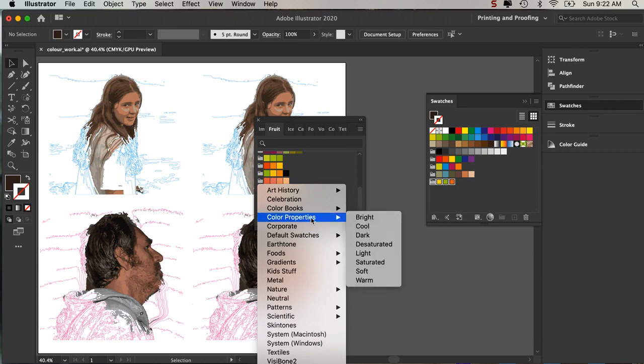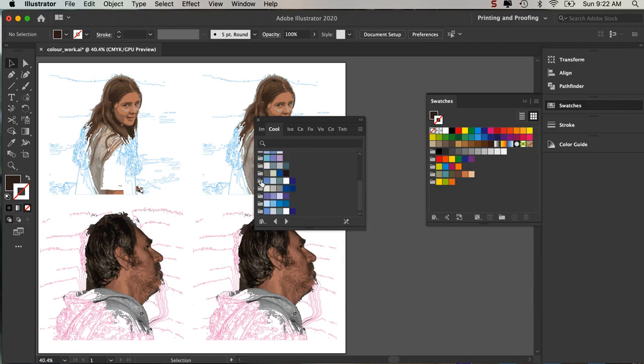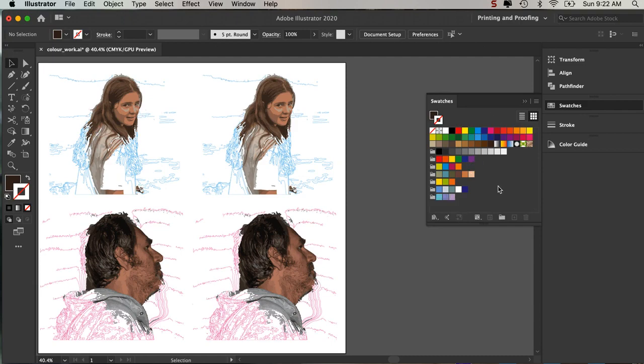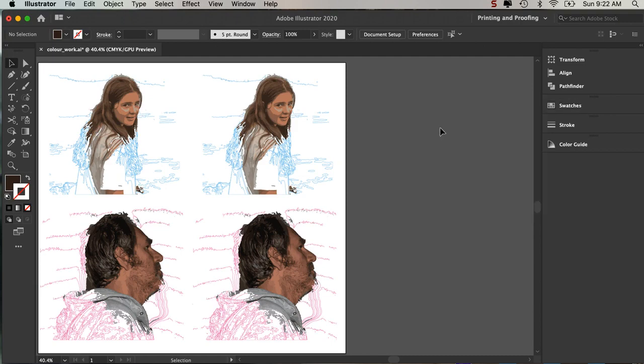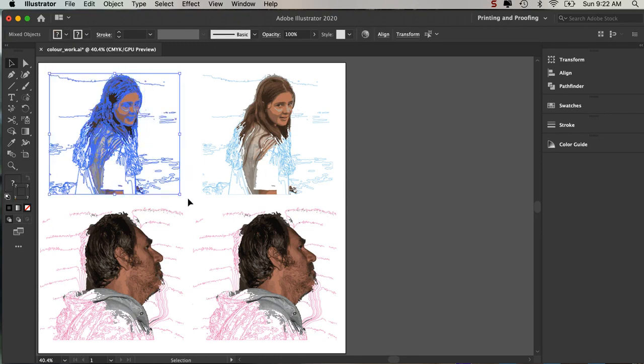What am I going to go for? Alright, I'll try cool, a whole lot of cold shades here. And I'm just going to go with that at the moment, so I can close that. The swatches, close that. And what I can do here is if I drag around an image,